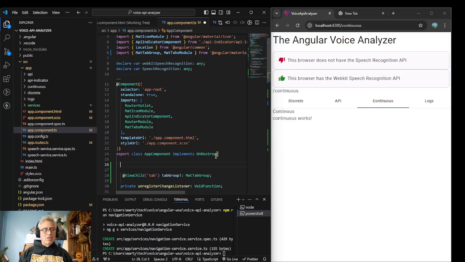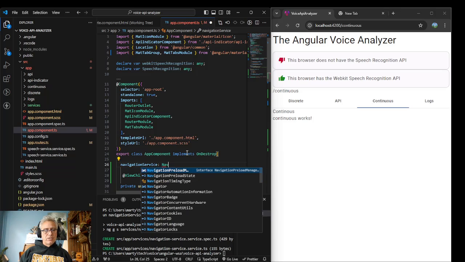But then what you can do is you can say the name of however you want to refer to it, which I'm just going to call navigation. Navigation. I was like, do I need to put const up there? But I don't. Service. And then I believe it's called navigation service,